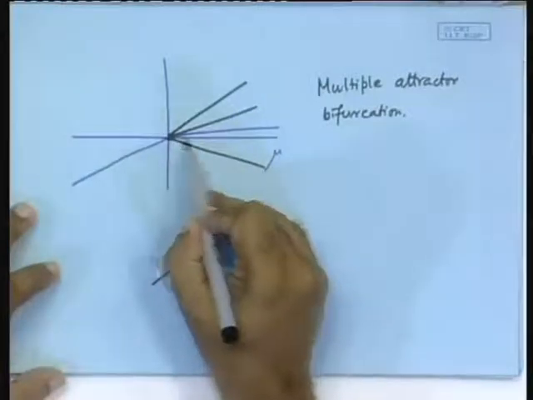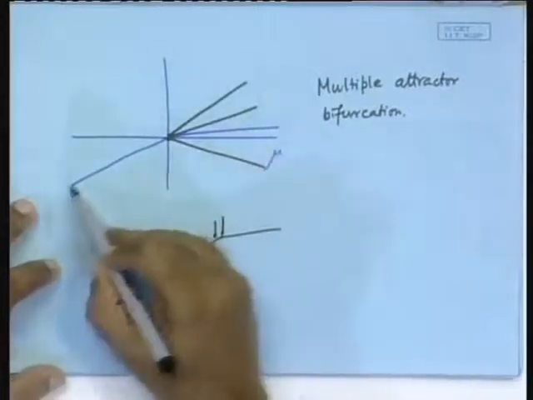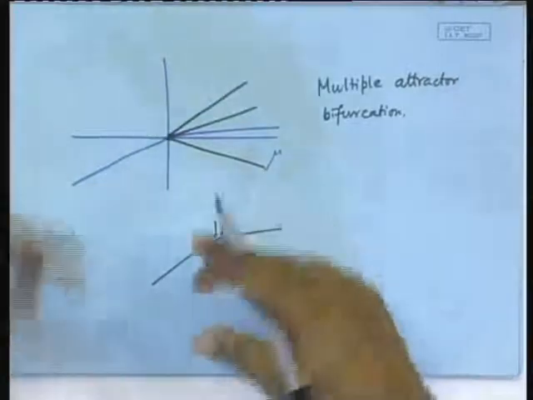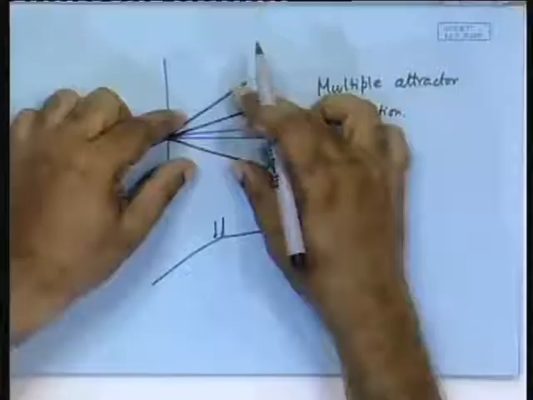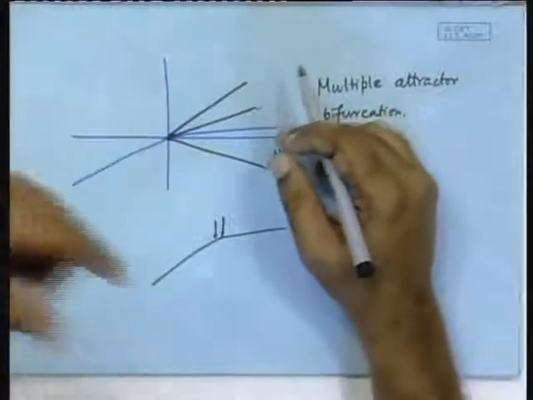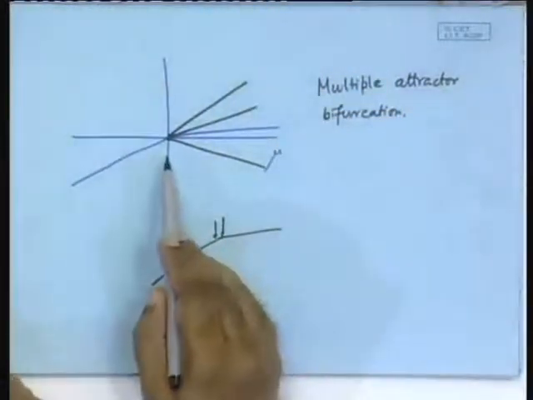Now, these are understood to be problematic, but there is another situation that is understood to be dangerous. That is when there are two attractors. Here we are considering one period 1 attractor and another period 3 attractor, but suppose it is a period 1 attractor and another attractor at infinity. That means it is another situation where this period 3 attractor is not there, it is an attractor at infinity, but the same multiple attractor bifurcation occurs.